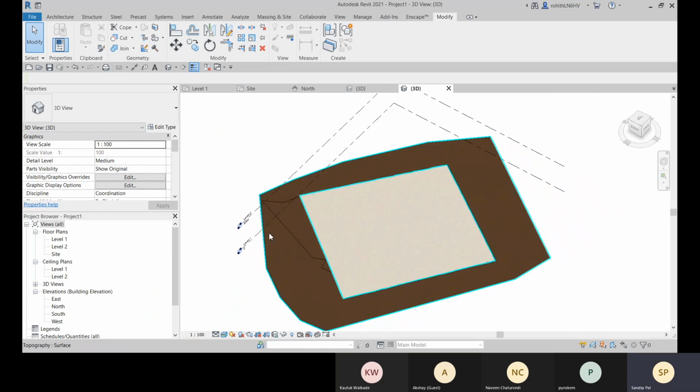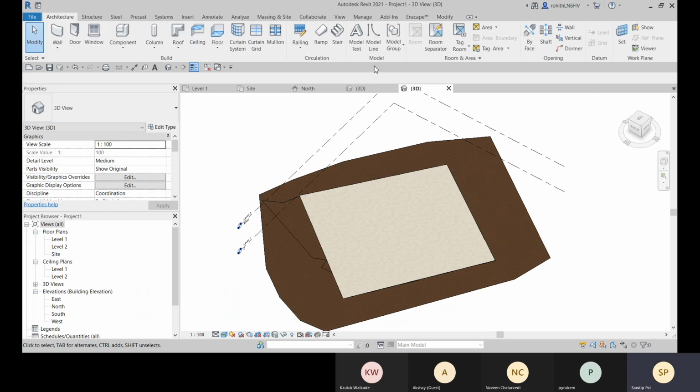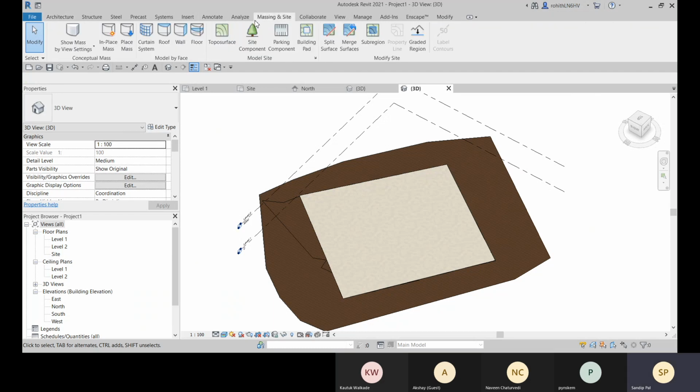Now let me show you how you can create a road layout. For that, we have massing and site, and we have two options: either split surface or sub-region.